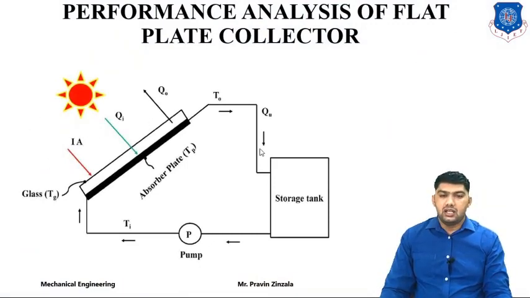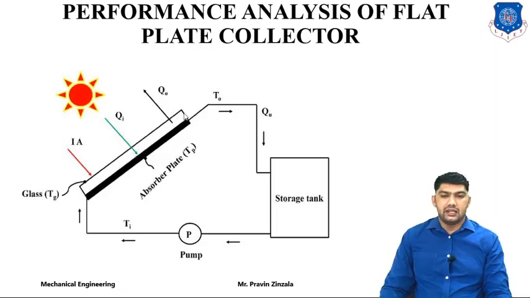Flat plate collector is mainly utilized for space heating, water heating, and space cooling. It is one type of simple collector, the simple form of collector. We have also discussed in the previous lectures the classifications of solar collector, the different types of solar collector, in which the first one was the non-concentrating type collector. It is called flat plate collector, and it is generally used for space heating, refrigeration, air conditioning, and solar cooker.